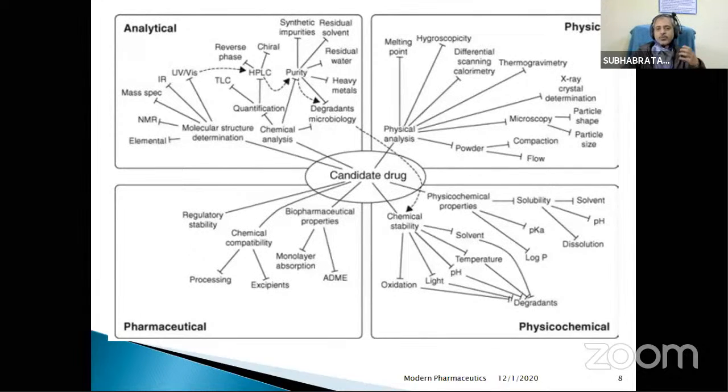You know polymorphism, the existence of a chemical compound in different physical forms. Some may be crystalline, some may be amorphous, some may be solvates, some may be hydrates. Different forms are available. So melting point significantly changes if during storage the